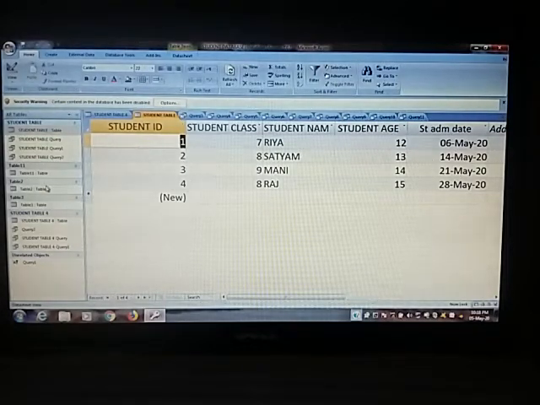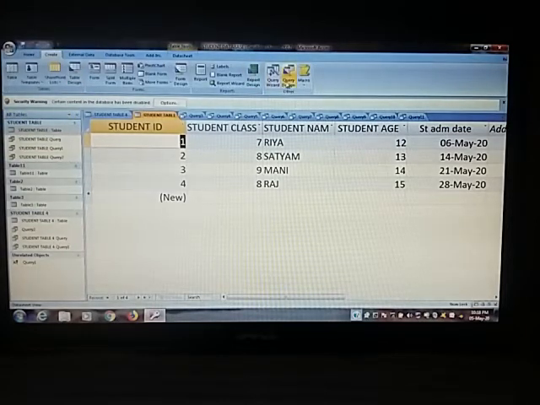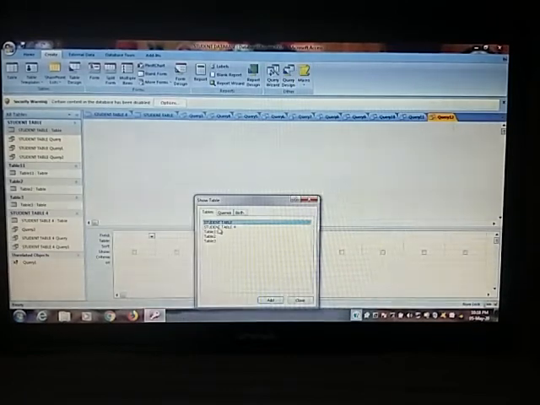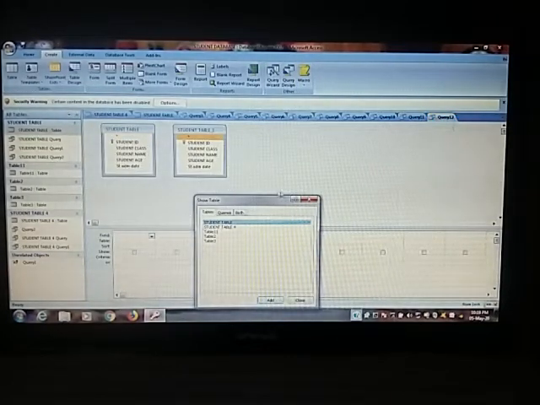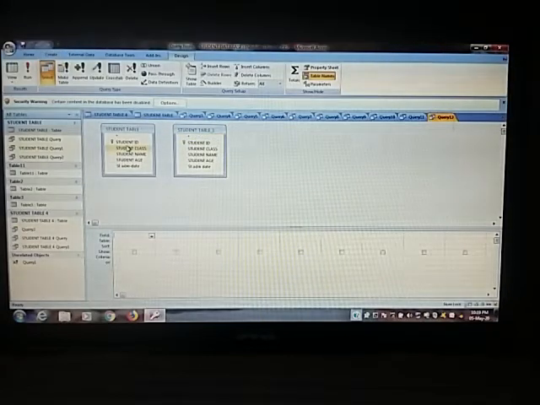So how can we find them? Again click on the create button, choose the query design window, choose the student table, and drag the fields and drop them in this area: student age and student admission date.